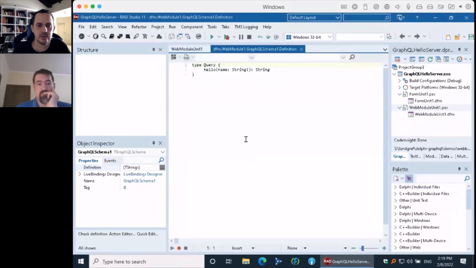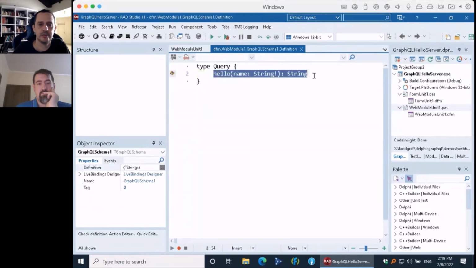So in this case here, I'm not sure if you can see there. Let me open the code editor here. We have one single type in our schema, which is the type Query. And this type Query, which is an object type, can have many fields.